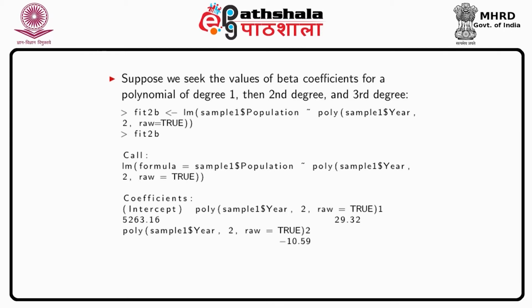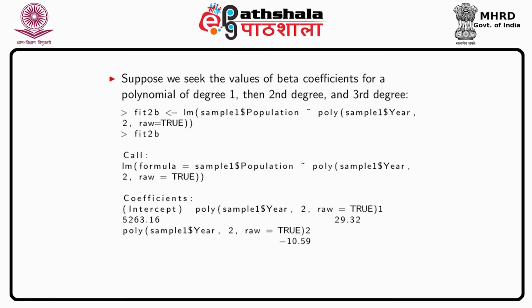So the R code for fitting this regression model is given here on the next slide. It says the first fit is done using the LM function, where we regress the sample population on a polynomial of degree 2 on sample year. Now as you can see, here also we are using the LM function. As I had mentioned in a previous module, whenever we fit a regression model with x variables which have functional forms other than the linear form, we can still use the linear model function in R. The reason being, the LM function works for a linear model which is linear in the parameters. If you notice the 2nd degree polynomial that we are trying to fit here, we are taking higher order polynomial form of the x and not the coefficients. So the coefficients are still linear,